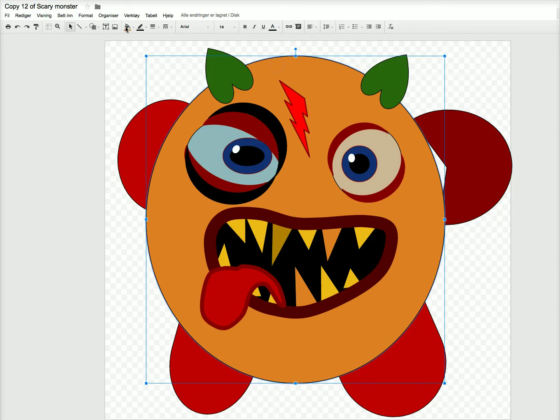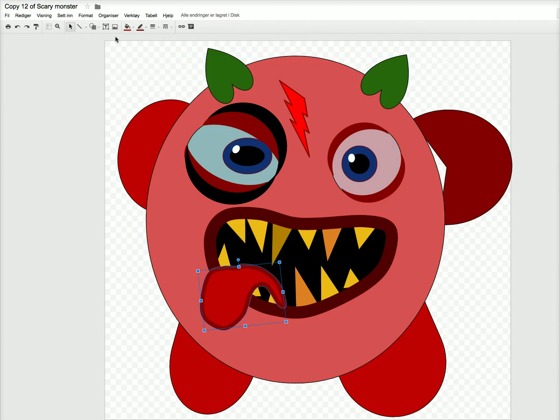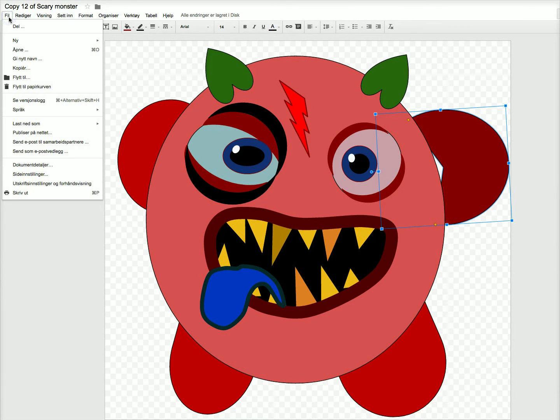I think I will make him even a bit more grumpy by doing a color like this, and maybe even a blue tongue like this. Okay, so let's say that this is what I would like my monster to look like for one of my images. Then I choose download,